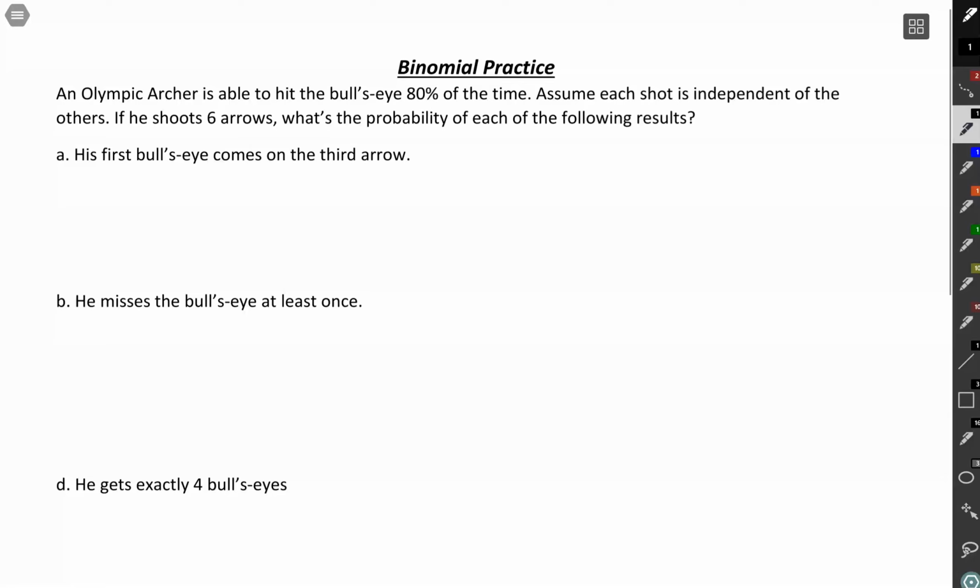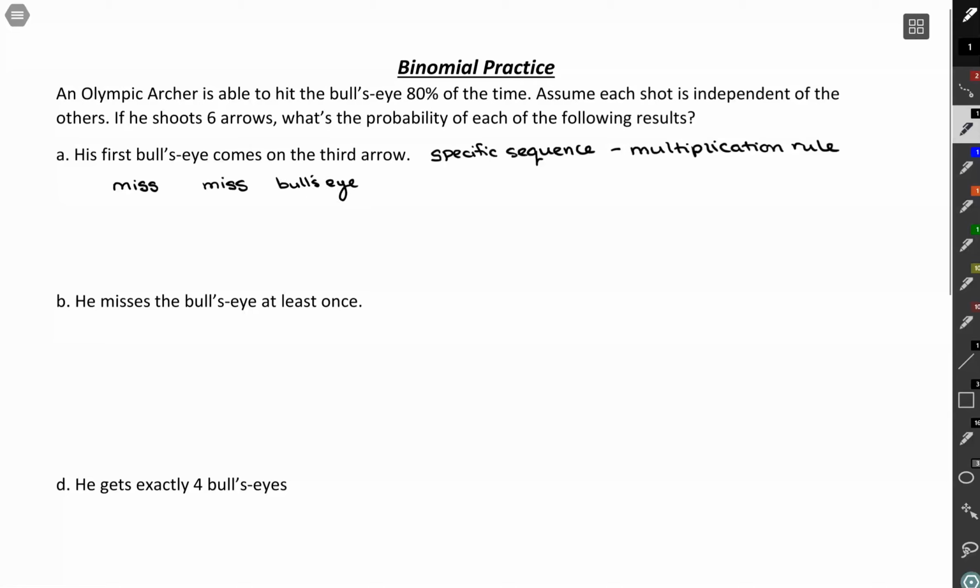So this first one asks for what's the probability his first bullseye comes on the third arrow. So this one is actually describing a specific sequence of events. And when that's happening here, if they're specific of how these successes and failures have to occur, then that's going to bring through our multiplication rule from probability. So with this, to match the wording here, he gets his first bullseye on the third arrow. What we need to see is that he misses and then misses again and then gets the bullseye on that